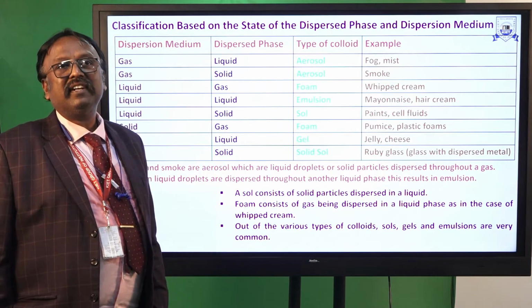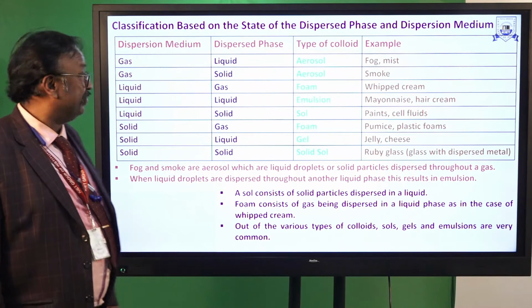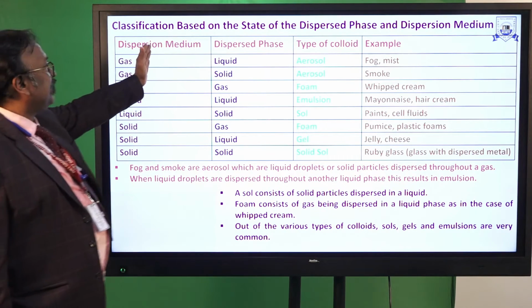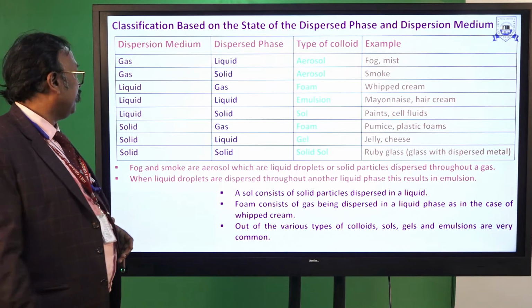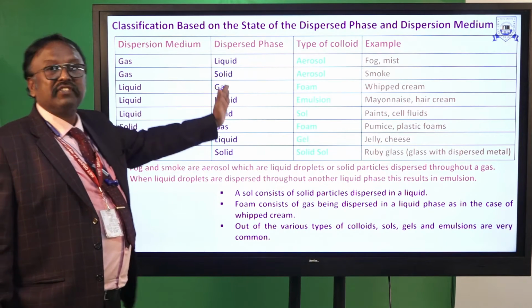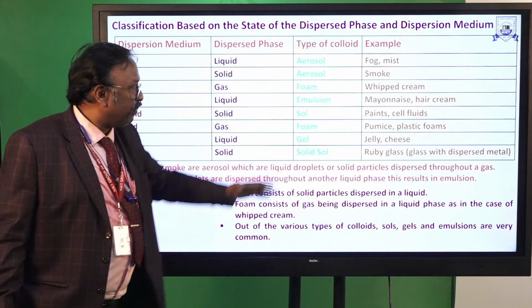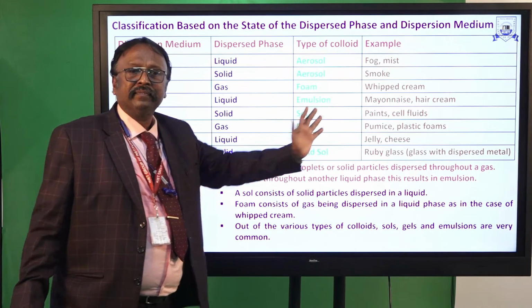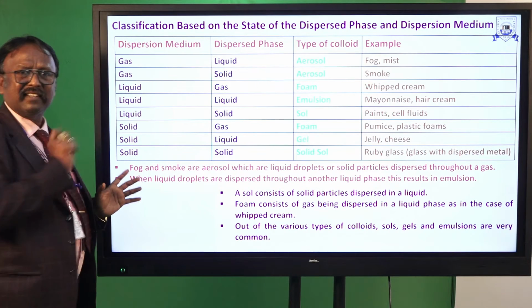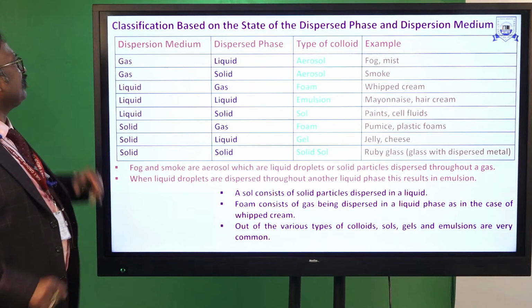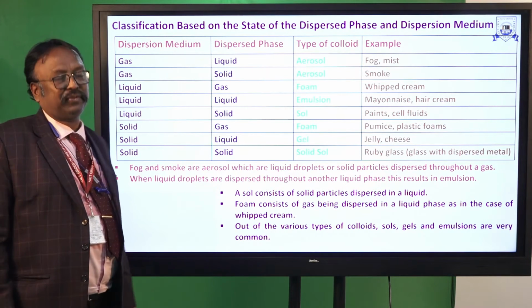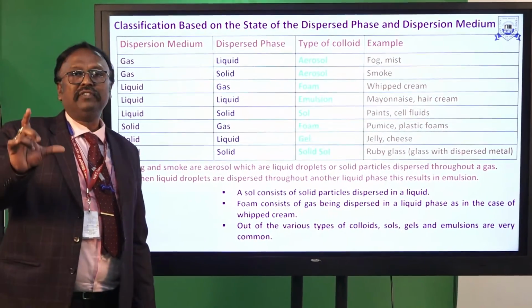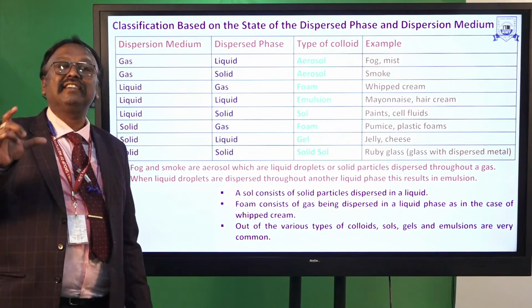The columns are dispersion medium, dispersed phase, type of colloid and examples. Let us discuss one by one. Suppose the dispersion medium is gas